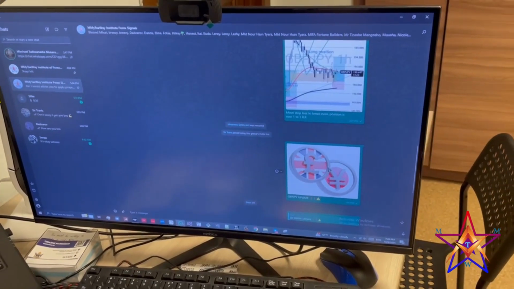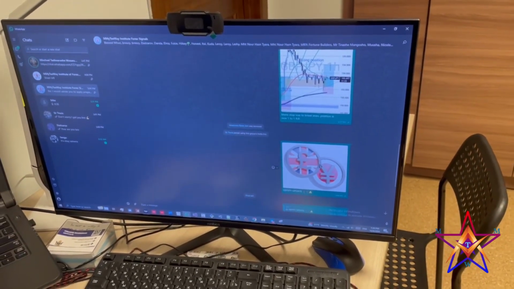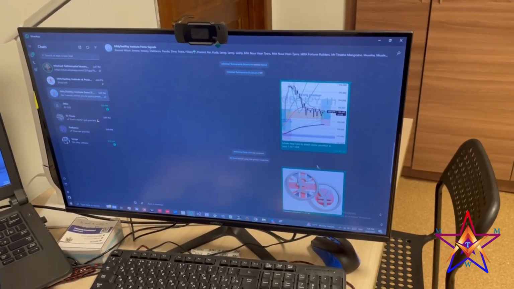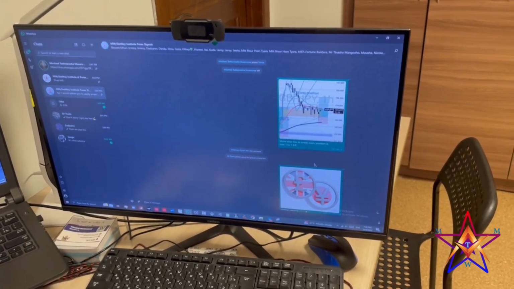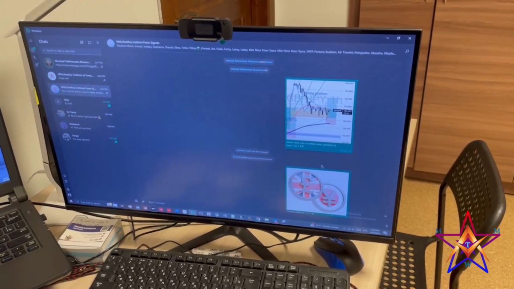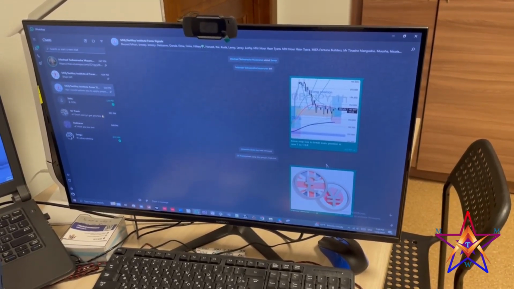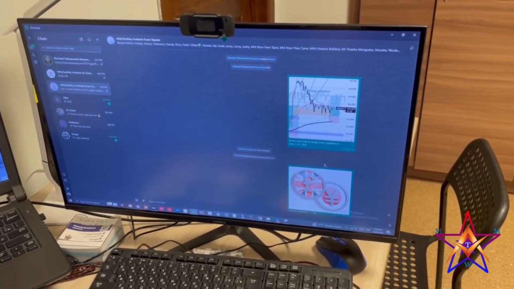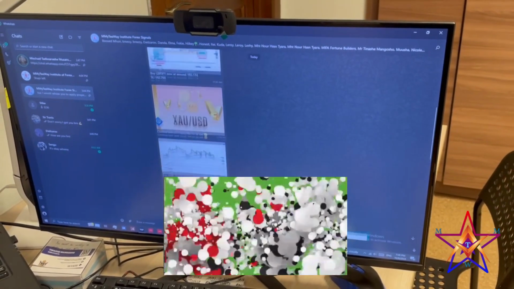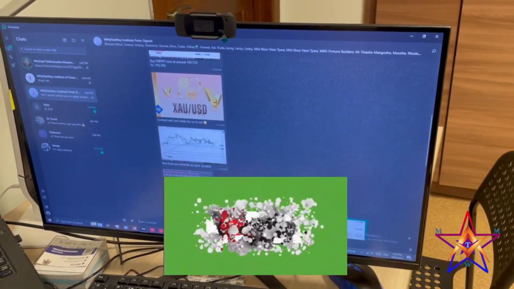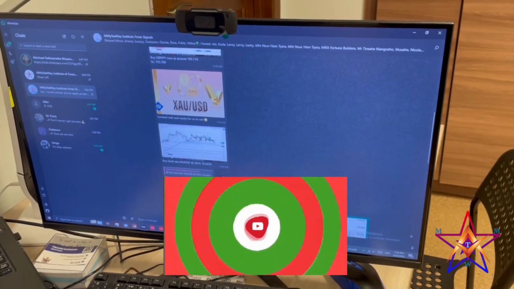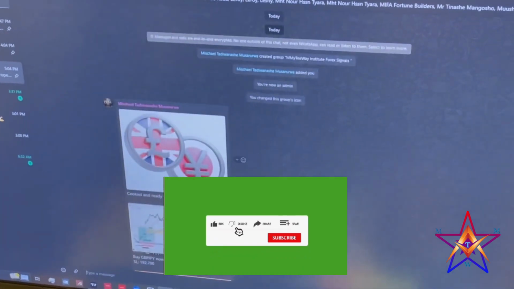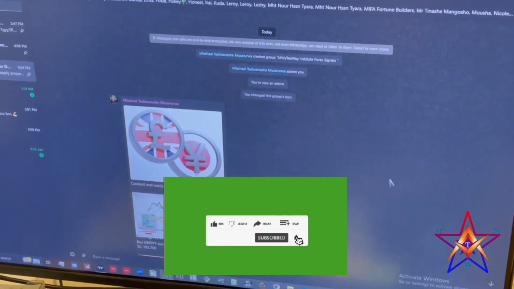So there will be trade updates in this group and in the other group. That's where I explain why I take those trades, my strategy, the psychology behind it, and the trade management throughout, where we scale up, where we do not scale up, and where we close our positions, and why. So this is it, basically. This one was the trade for gold. Take profit 26.40 gold. And that's it for today.